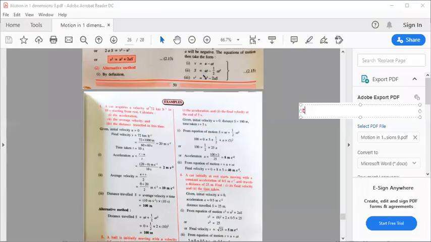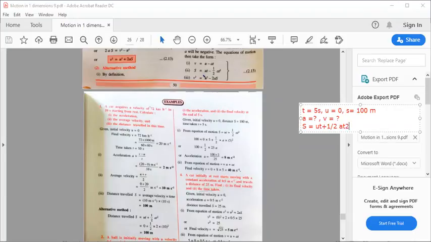तो t क्या है, 5 सेकेंड. Then u is 0 and s is 100 meter, and acceleration they are asking you to find, and the velocity you also don't know. Can you tell me which formula you need to apply? सामने available है तुमको, you need to apply ut plus half at square.